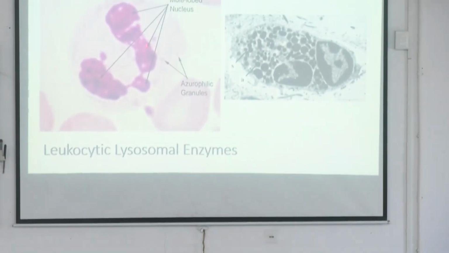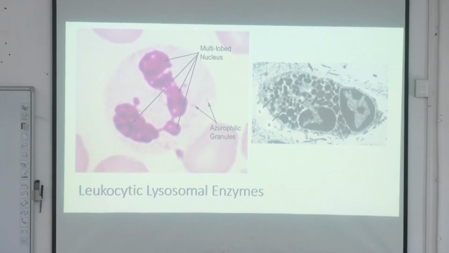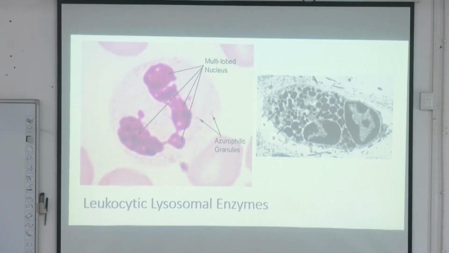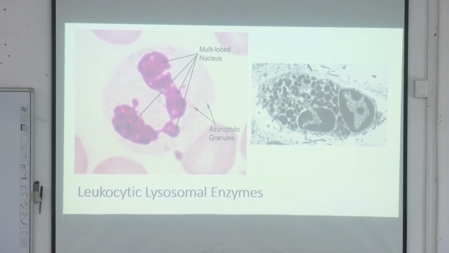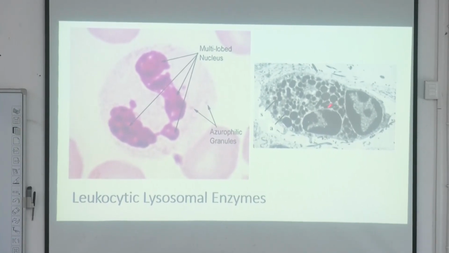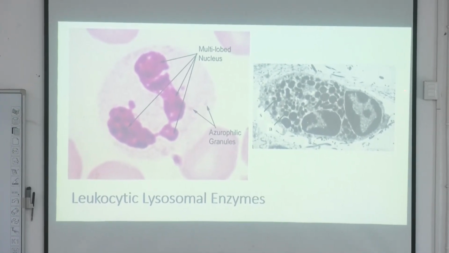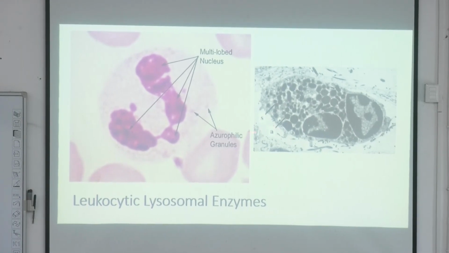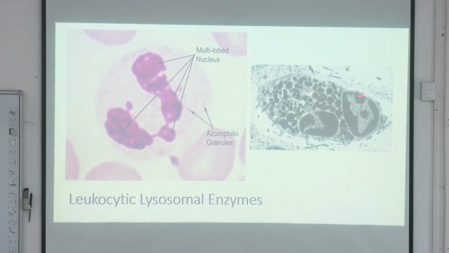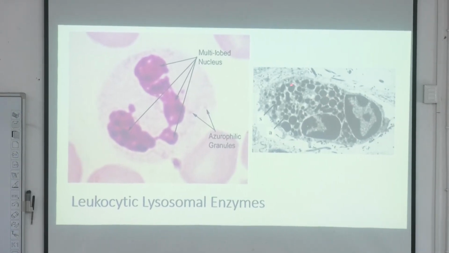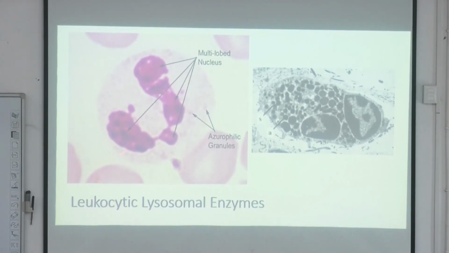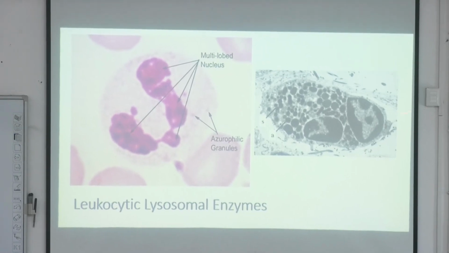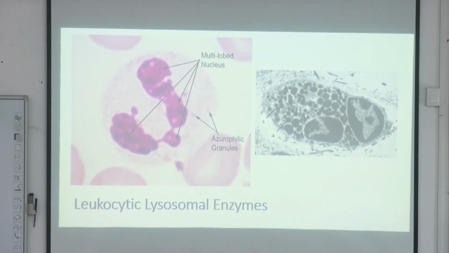This is the multi-lobed nucleus in the microscopic picture, with azurophilic granules, the granules in the cytoplasm. Which microscope? Electron microscope. Okay. So these are the primary granules, the bigger ones, and these shorter ones are secondary granules, and they are responsible for the release of leukocytic enzymes or leukocytic lysosomal enzymes, namely